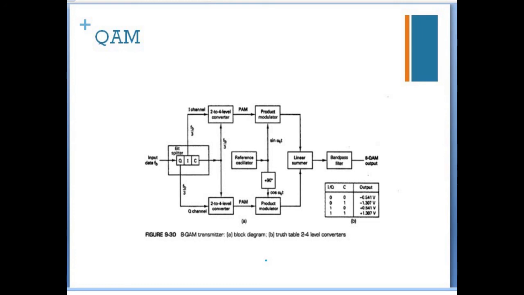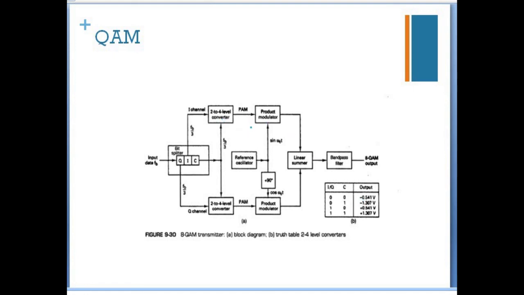So this is the block diagram of 8 QAM. The input bit is given to the bit splitter, one bit is given to the I channel, one bit is given to the Q channel, and the other one is given to the C channel. So here we are using a 2 to 4 level converter. It has 2 inputs, the I channel and the C channel. By using this I and C, we get a PAM output from the 2 to 4 level converter. If I equals 0 and C equals 0, we get minus 0.541 volt from the 2